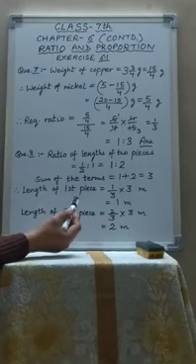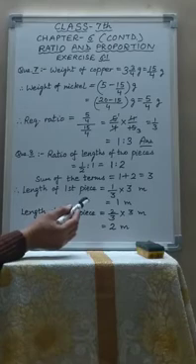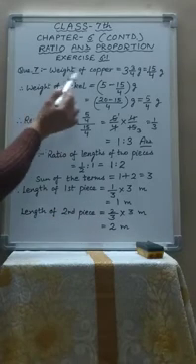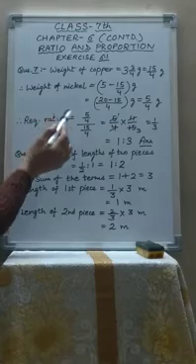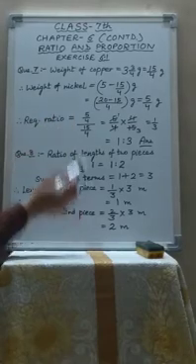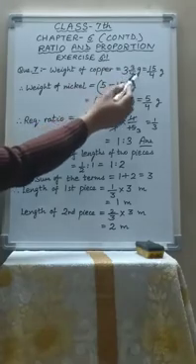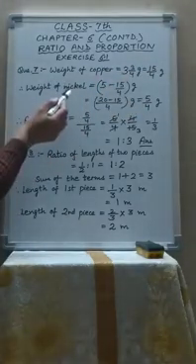Now the question is that 5 grams of an alloy contains 3.4 grams copper and the rest is nickel. Find the ratio by weight of nickel to copper. Alloy means made up of two metals. It is made up of copper and nickel. Total weight of the alloy is given to be 5 grams. And the weight of copper is given to be 3.4 gram. That means 17/5 gram.